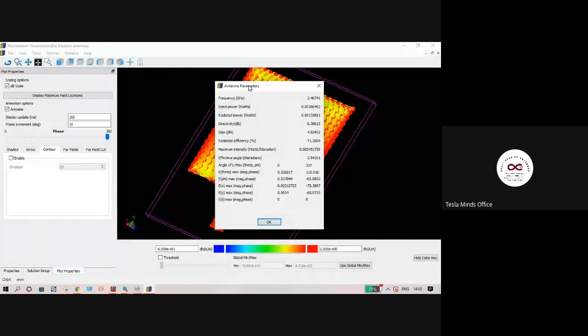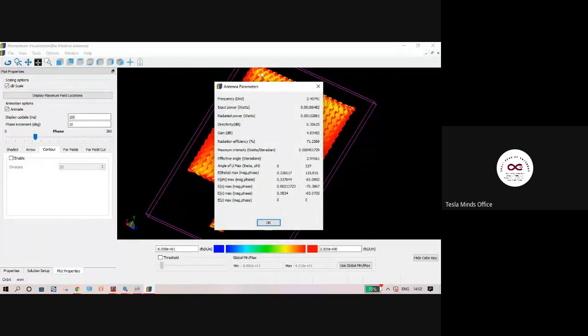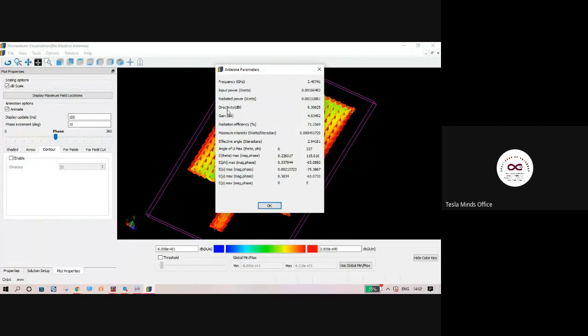Next, we have seen the gain, directivity, radiation efficiency, and maximum intensity of the radiation in the near field area. Right. So this is all you can analyze for any antenna. Other than that, you might be very interested in the radar cross section. You might be interested in placing this antenna on a product and analyzing the effect of the product. You might be interested in designing the product itself with your antenna.